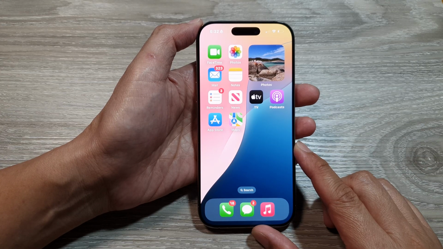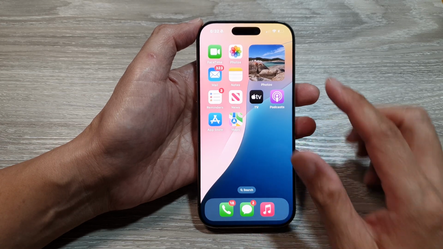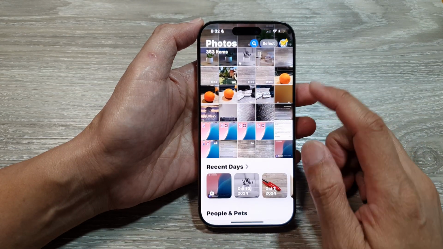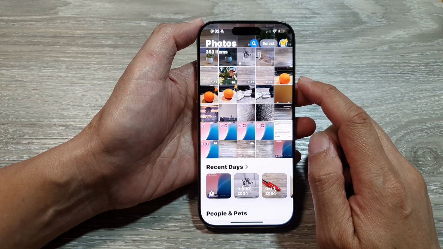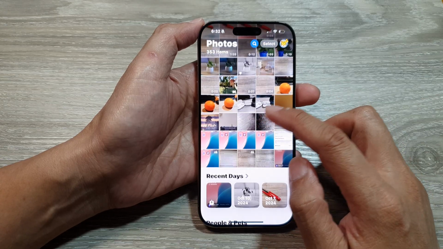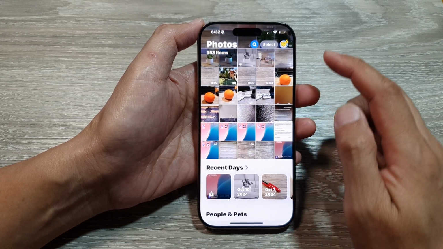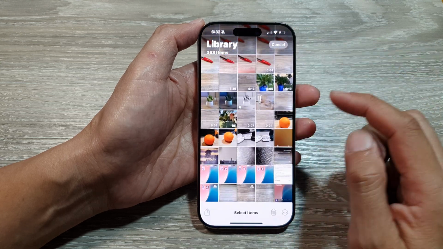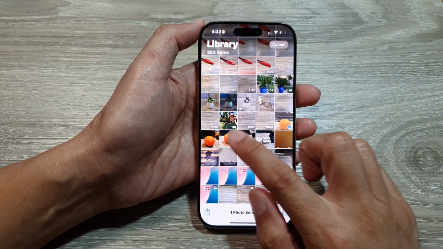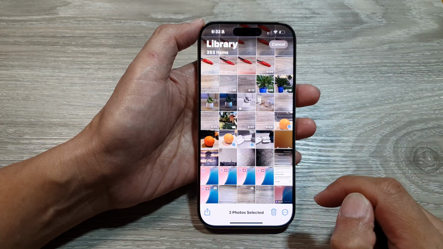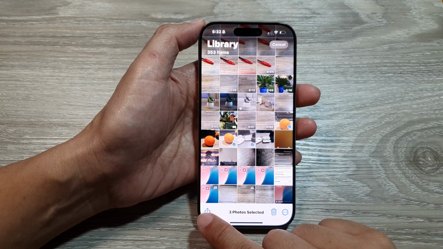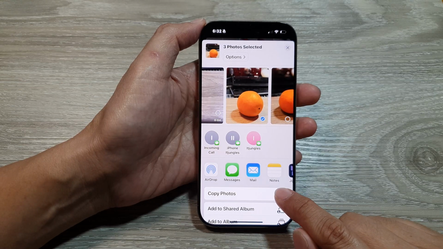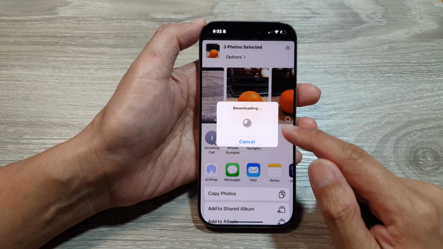Now from the home screen, open up the Photos library, and from here, open up the picture that you want to copy to the clipboard. Now in the photo libraries, from here, you can select one or multiple pictures. So tap on the select button, then select the pictures that you want to copy. Then from here, tap on the share button, and at the top, choose copy photos, and this will copy it